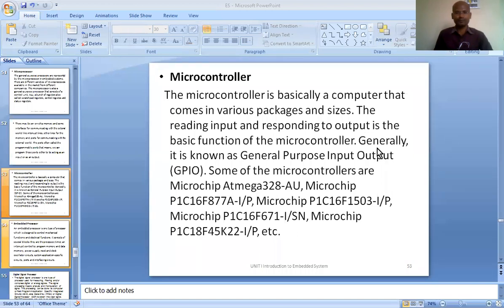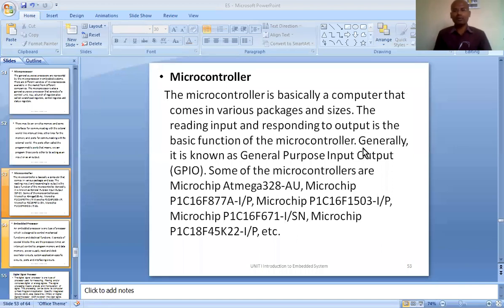Yes, sir. Right. Now see, that's the main difference between a microcontroller and a general purpose processor. A processor is just one IC which contains only a control unit, ALU, and some registers. That much is the processor.